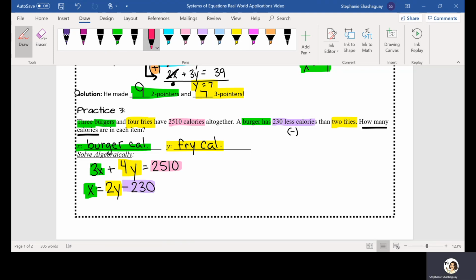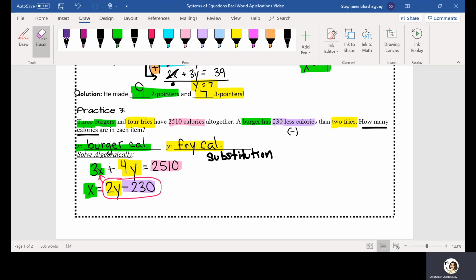Well, in this example, I have an x equals, and if I have a variable that is equal to something, then the easiest thing for me to do is going to be to use substitution. So here I'm going to use substitution. Okay. So to do that, I'm going to take this equation, 2y minus 230, and plug it in for my x